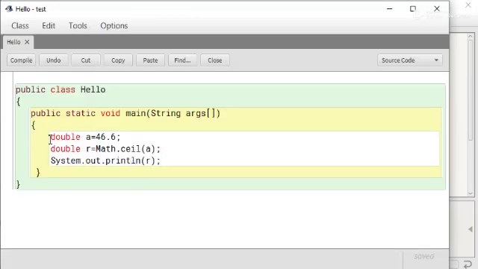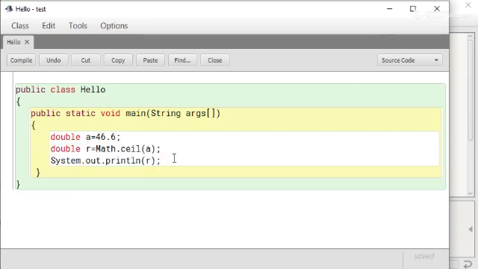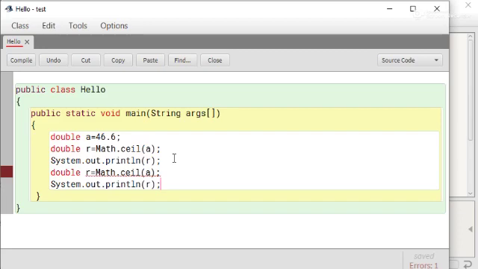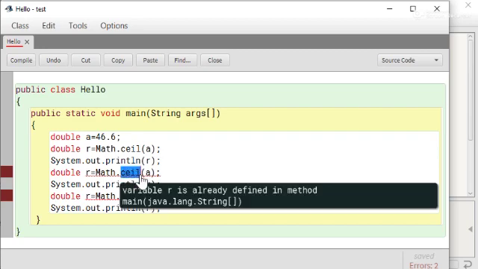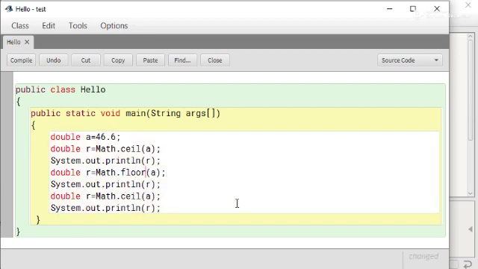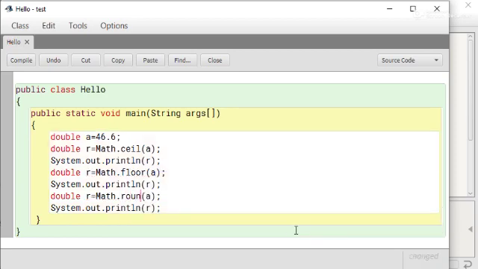We can add the next function floor in this program by copying this, Control C, Control V, and again Control V. First time we calculate the ceiling value, second time suppose we use floor value, FLOOR, floor, and third time we use round, ROUND, round.